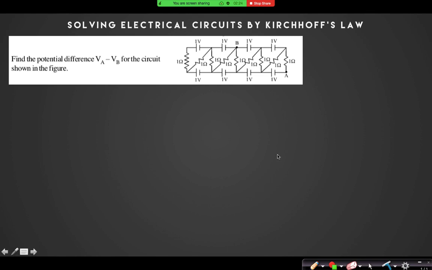Let us assume any point. If you remember, in nodal analysis we take any point to be zero potential. If it is ground, then I have to take that point to be zero potential. There is no ground point here in this circuit, so I can take this potential to be zero here. So if this is 0, this potential will be 1 volt, this will be 2 volt, this is 3 volt, and that is 4 volt.